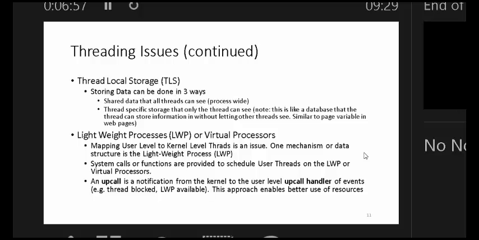Right? So there are some variables that are stored in the process, everyone can access it. But there are also some variables, similar to sessions, that can be tied to only a thread, meaning that the thread can have some secret information that it works with, that not all the threads can access. So that's a general design choice.